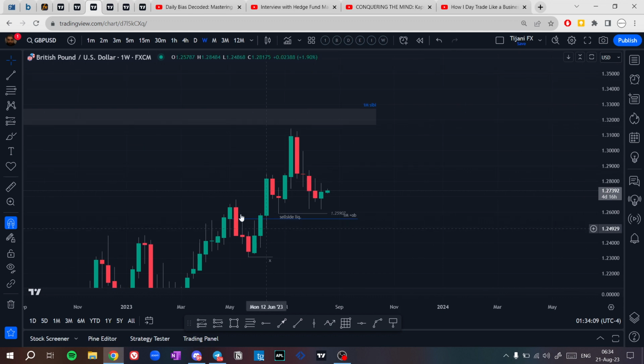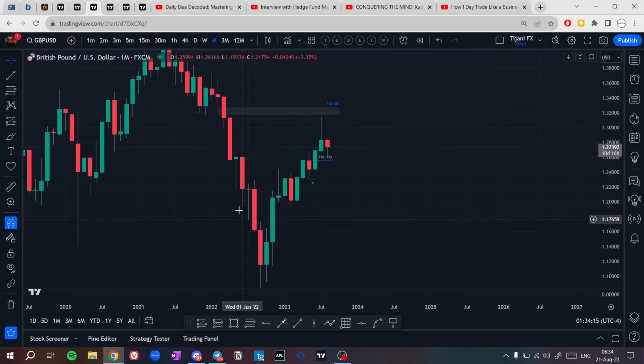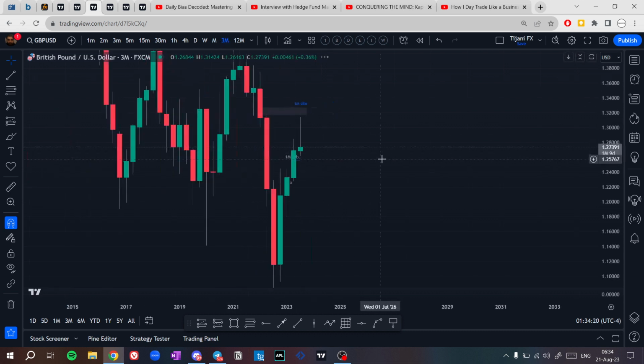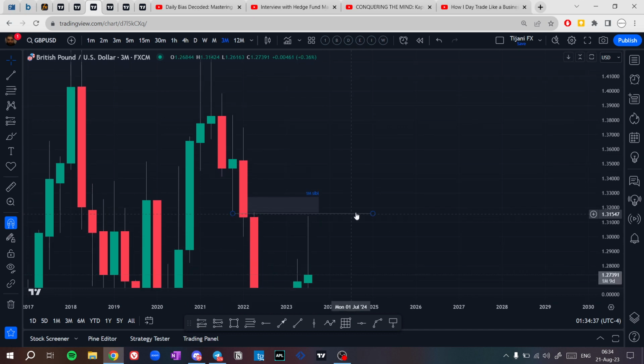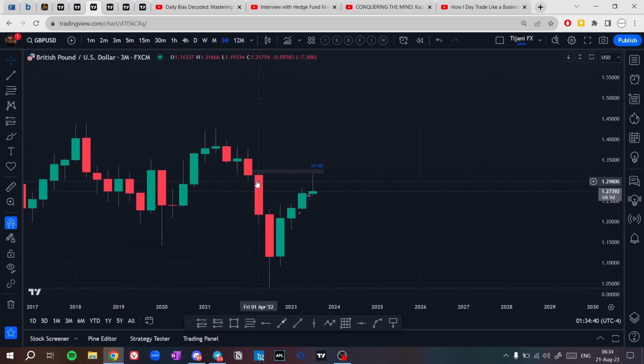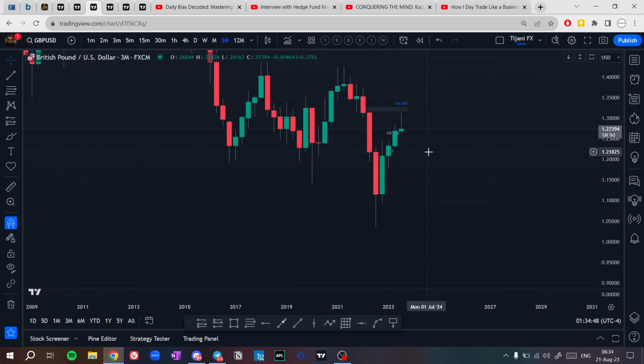As you see, this is on the monthly time frame, which we have this range here, price is going higher, it is inside this fair value gap. On the 3-month time frame, as we see, price has filled this fair value gap here completely, right? It was so close to that low, right? It has filled this fair value gap completely inside the quarterly mitigation block. It didn't check this low, but I'm expecting bullishness.